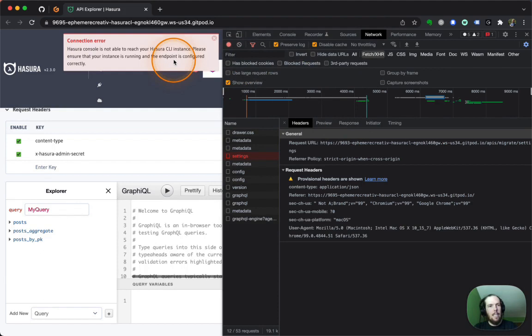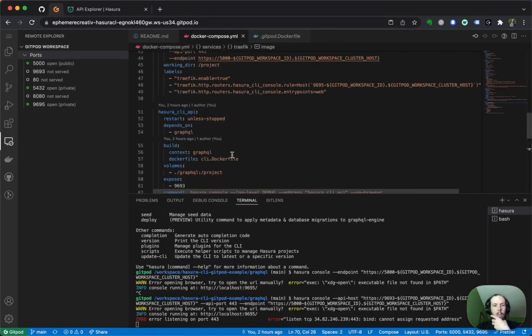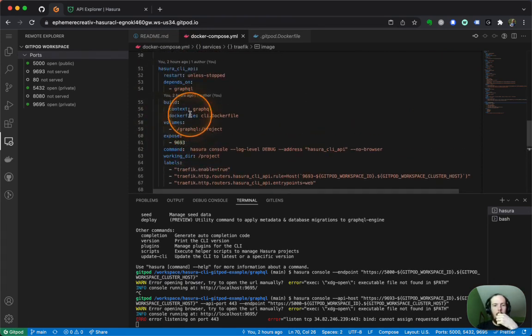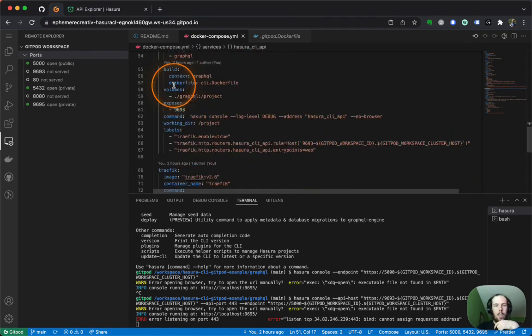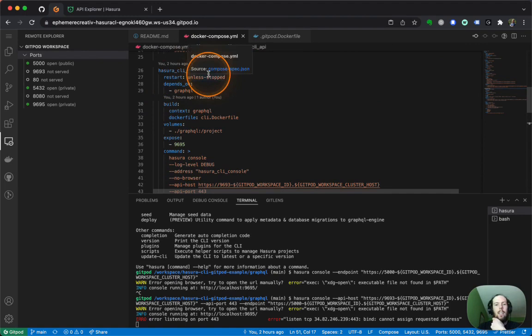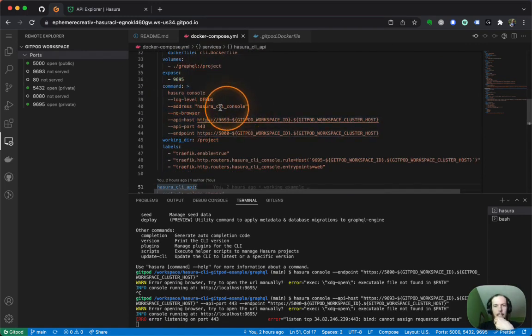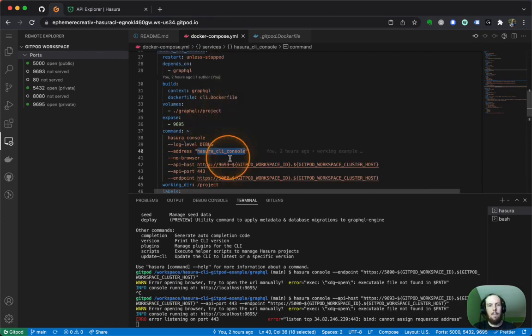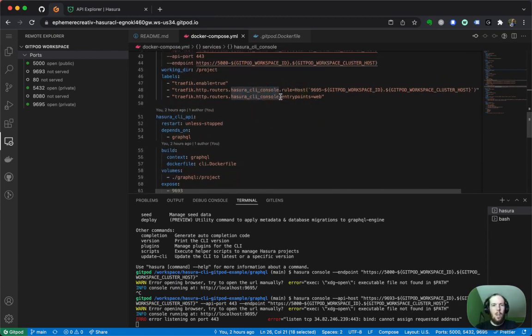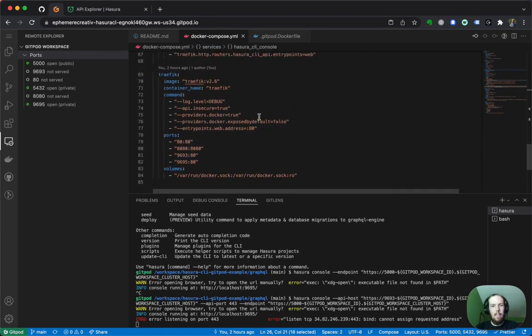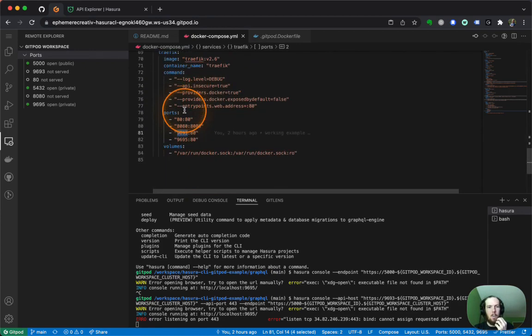So what I figured out is basically running the CLI API in one container, running the CLI console in another container, and there are a bunch of issues with running the CLI in containers, but essentially you have to add the address here, to have it listen on that host, which should match your service name. And so you do that with both. Once you've got that ready, so you can see we pass requests from these exposed ports